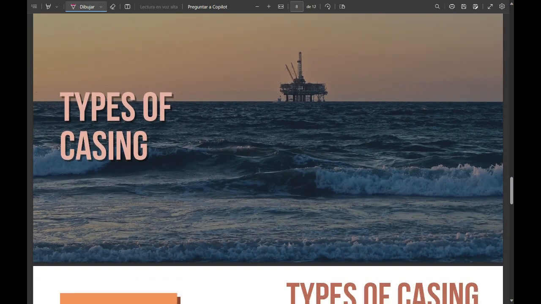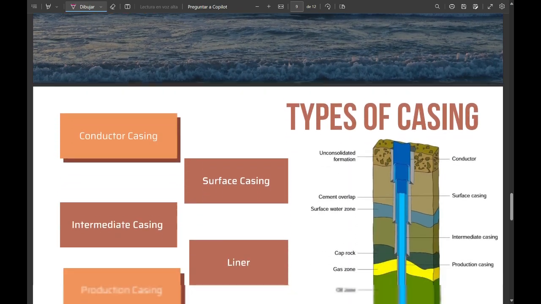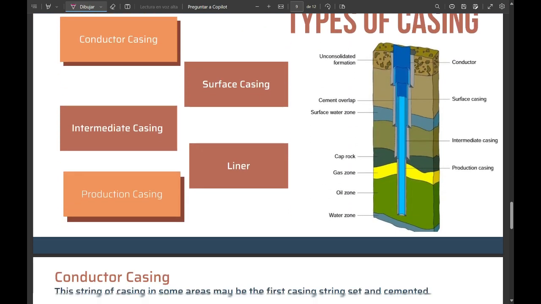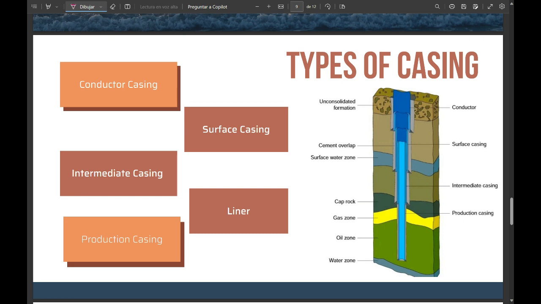So, to talk about some of these types of casing, we're going to have requirements and conditions that I was saying that it's gonna be